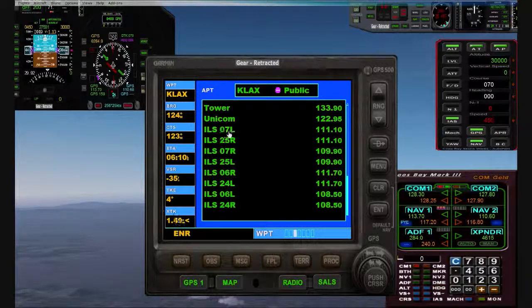We have two choices here for runway 7 left and runway 7 right. So we'll scroll back up. We can pick runway 7 right. Now runway 7 right has ILS frequency of 109.90. You can enter, and the frequency for runway 7 right ILS is going to be copied into your nav1 window standby frequency. Or you can punch in